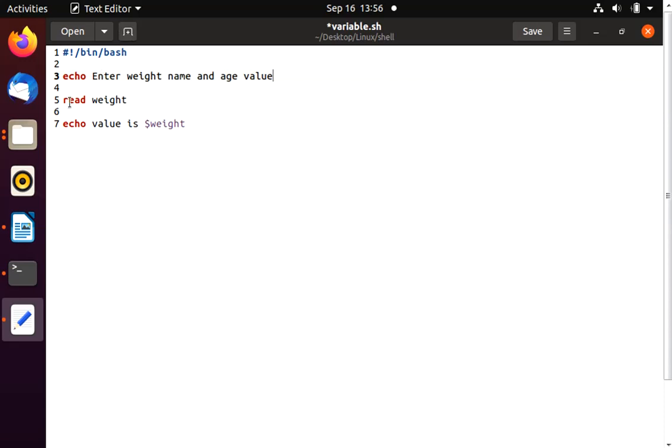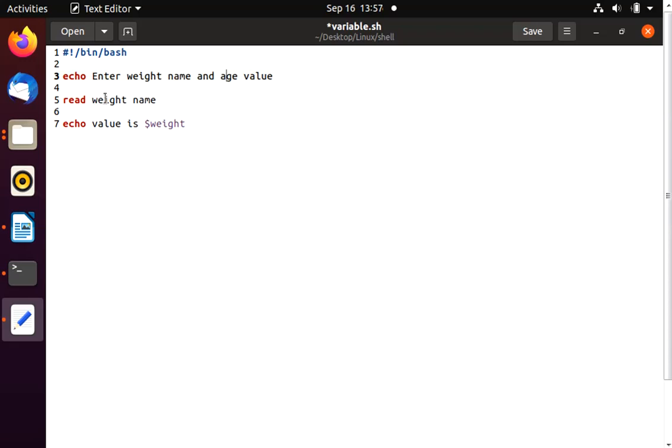And here after the read command, you need to provide the variable name. This was used for a single value, but now you want to read multiple values, so you have to provide multiple variable names. Second will be the name, as mentioned here. First we will read weight, then name, and then age.